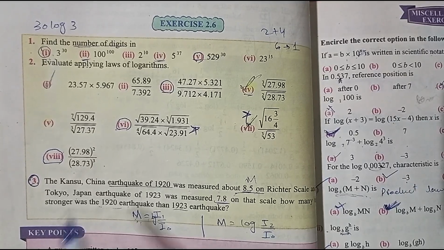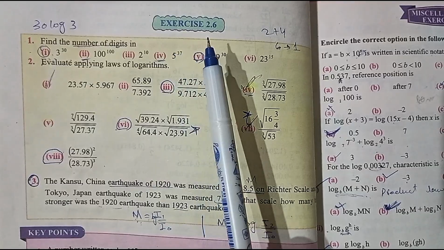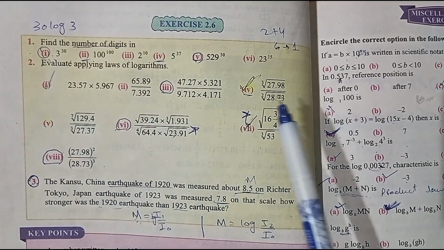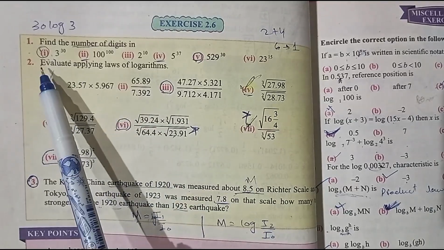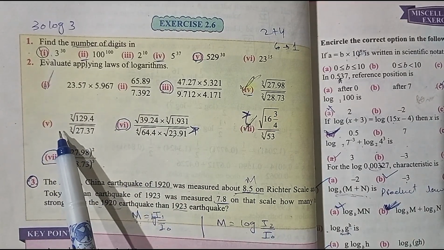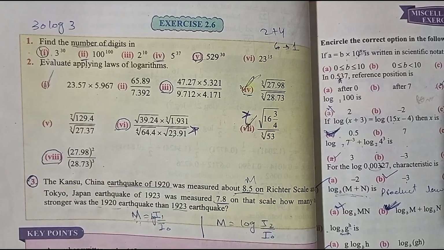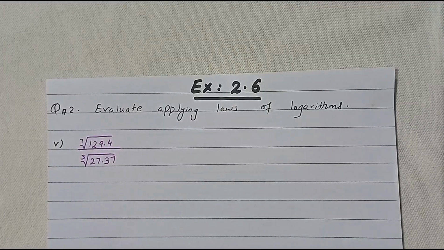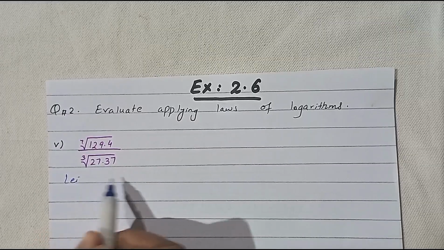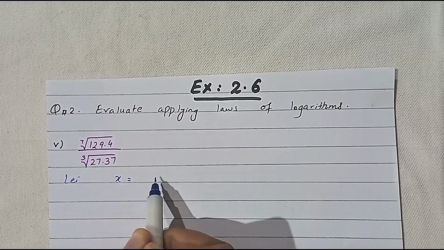Today we are going to complete exercise 2.6. In the previous lecture we completed the fourth part of question number 2. Today we are going to start with part number 5 of question number 2. So in part 5, first we let x equal to this